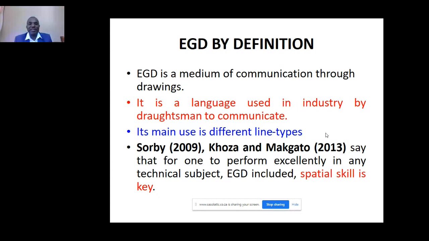Because EGD, as it stands, shows a little bit of a gap compared to other subjects at universities, and even at school, when we look at integration or the fourth industrial revolution. So in the study that I have